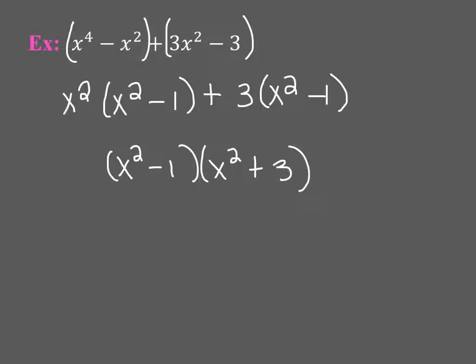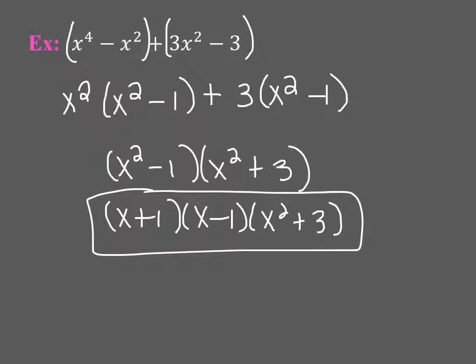But you can factor one more time because x squared minus 1 is the difference of squares. So it becomes x plus 1 times x minus 1, and then x squared plus 3 just stays. And that's your final answer. Most people forget to see that this can be factored again, so be on the lookout for